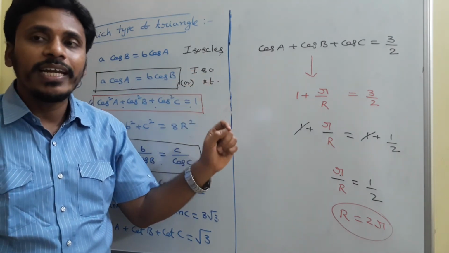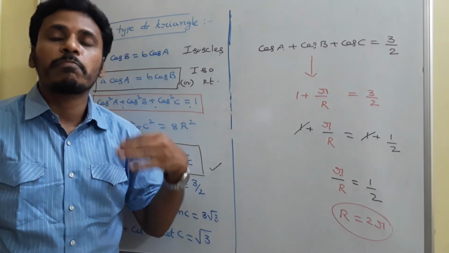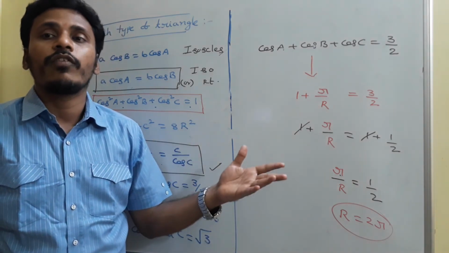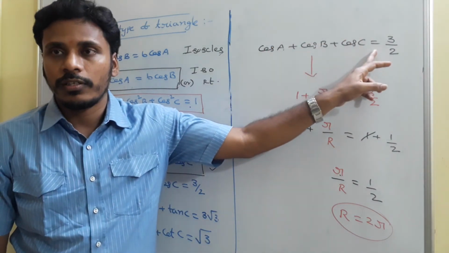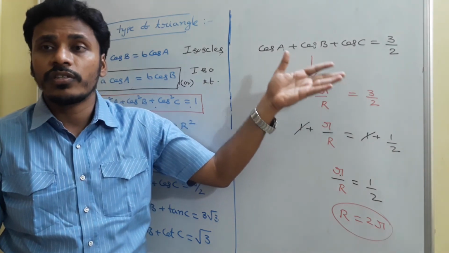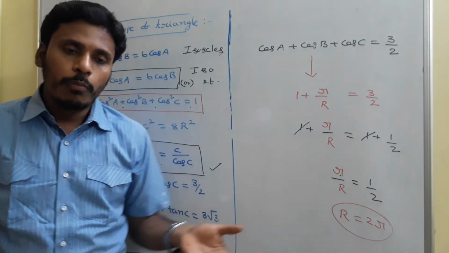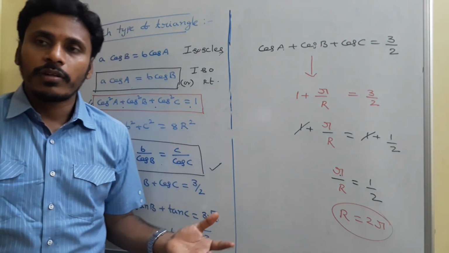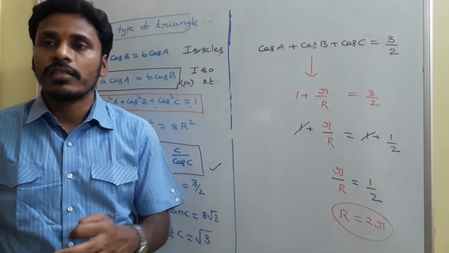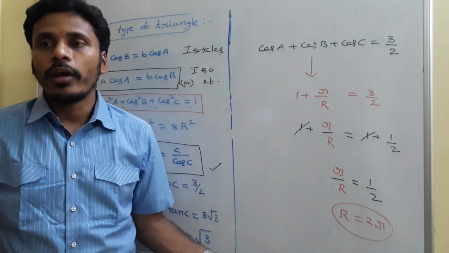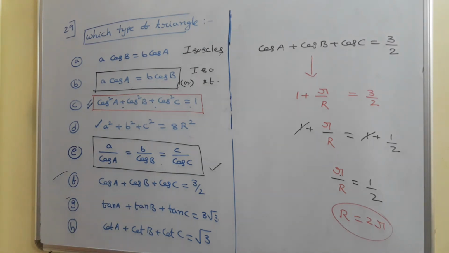One way of proving the triangle is equilateral is using small r and capital R. The other way is direct guessing. You just check whether it is equilateral or not at first, by replacing the angles with 60, 60, 60. Since 60, 60, 60 satisfy the given condition, clearly the triangle is equilateral. So in every problem, before finding the type of the triangle, first check whether it is equilateral by taking the three angles as 60, 60, 60. If it is okay, then for sure the triangle is equilateral, and there is no need to go for the other method. Just think about it.